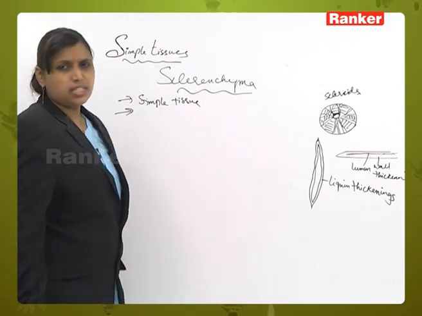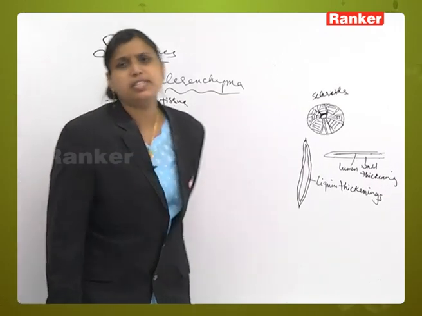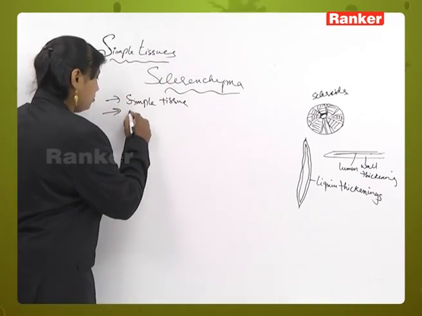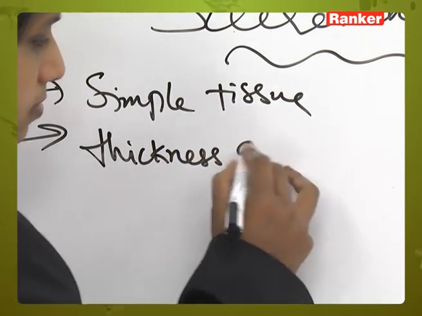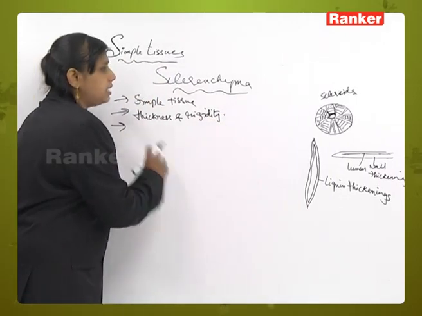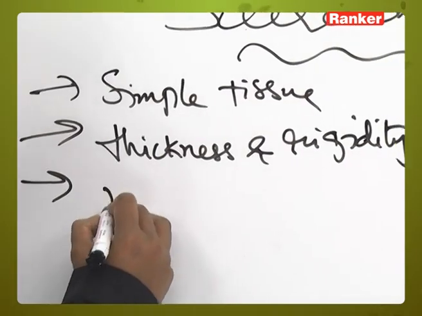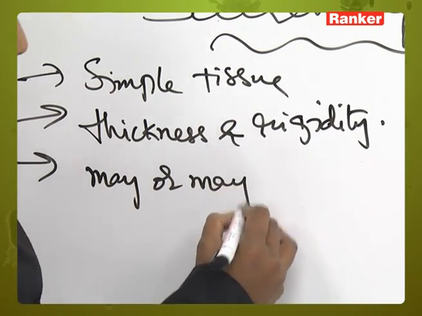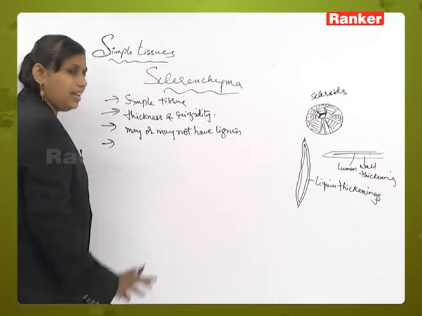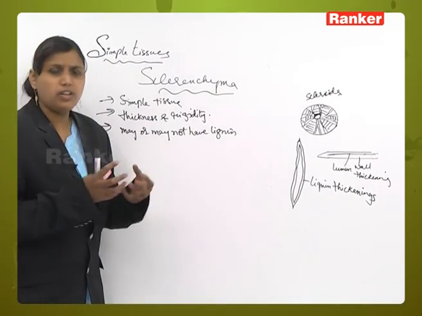In Sclerenchyma you will see secondary wall thickenings, which give thickness as well as rigidity to the plant body. In the secondary cell walls, in some cases there will be a deposition of lignin, or they may or may not have lignin deposition. And unlike collenchyma, Sclerenchyma has the capacity to return to its normal position even after the stretching